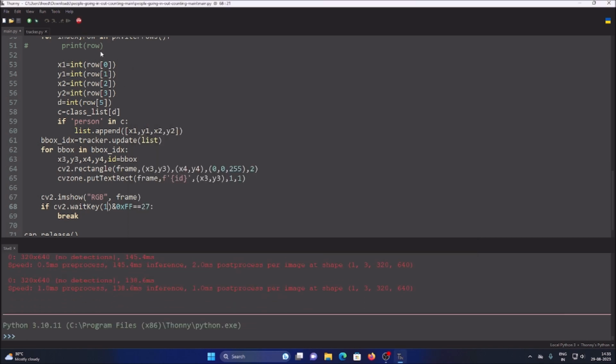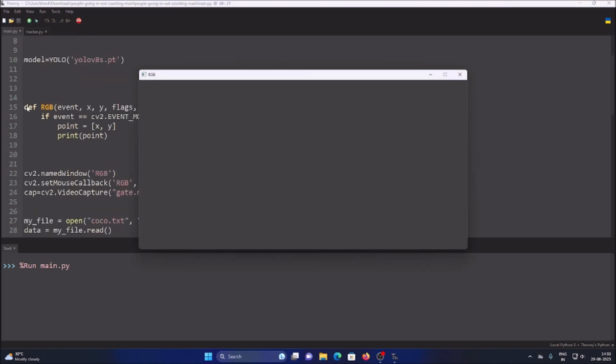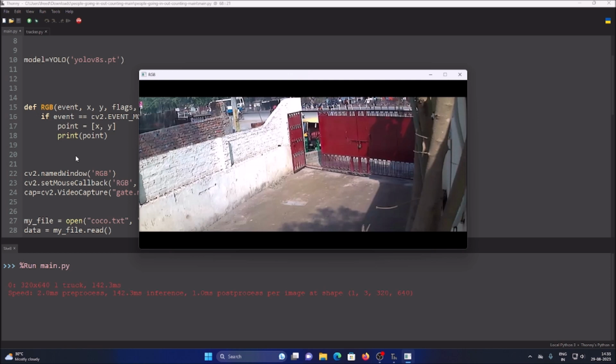So for that, we need our region of interest area. For that, we have our mouse function. As you can see, we have our mouse function, and with the help of the mouse function, we are going to draw the polyline, and the polyline is basically our ROI, the region of interest area for detection, for tracking. So let's just say here we are going to start from here. Here, if I move my mouse on the frame, as you can see, the coordinates appear inside the shell, which is